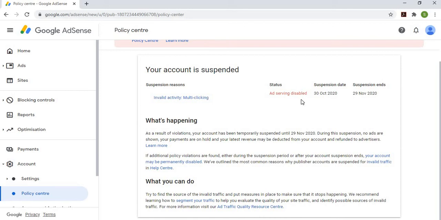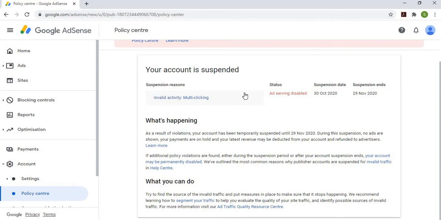What that traffic did was repeatedly click on my Google ads that were displayed on my site, and after that a signal went to Google. Google thought that this multi-clicking was intentional and was caused by the owner of the site.